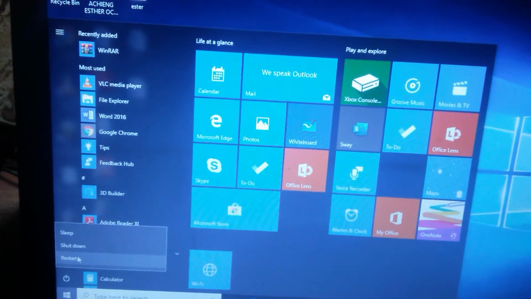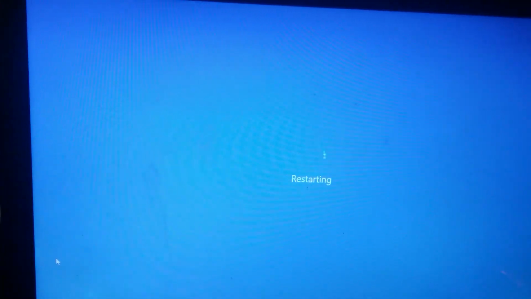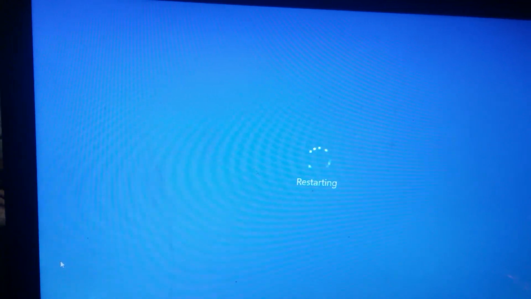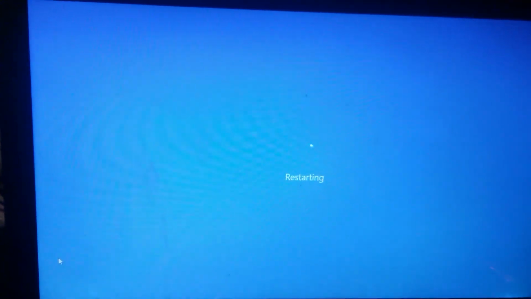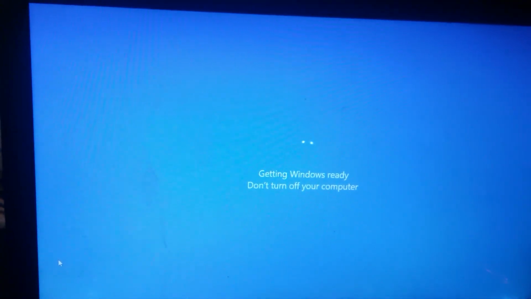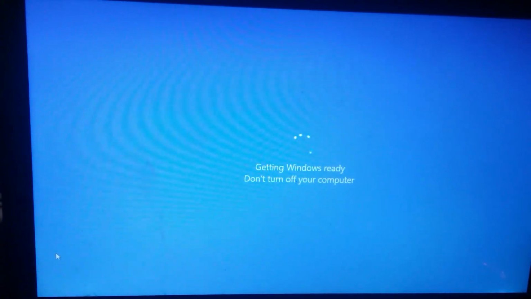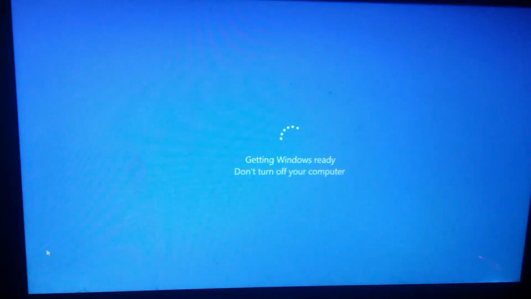Yeah, there. So you restart. As you can see, it is restarting. Wait a minute, and then it will be updating. Don't turn off your computer. It has gotten an update. I don't know how long it's going to take, but when it is starting, you press Escape. You'll see it